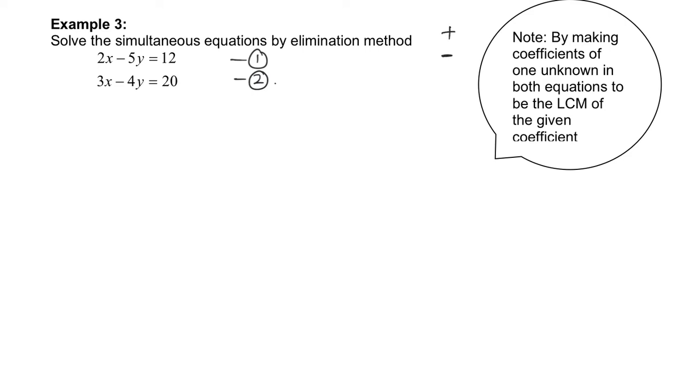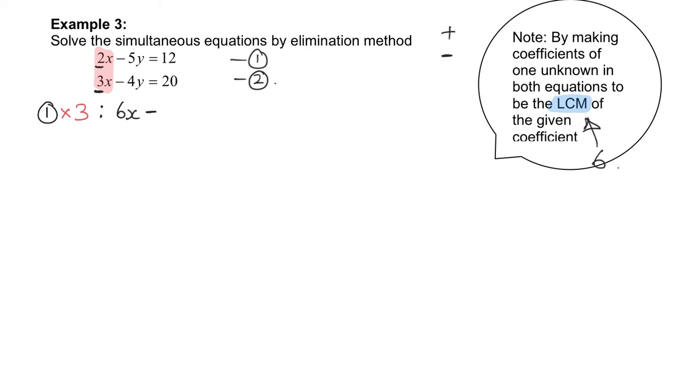Instead, now, let me just focus on x values. Since these are our equations, can I now do something to them to achieve a lowest common multiple of the numbers 2 and 3? Do you recall what LCM refers to? Just like in fractions, the LCM of 2 and 3 is actually 6. So that means what I'm trying to do is I'm going to take equation 1 and do something new to it. I'm going to multiply by 3